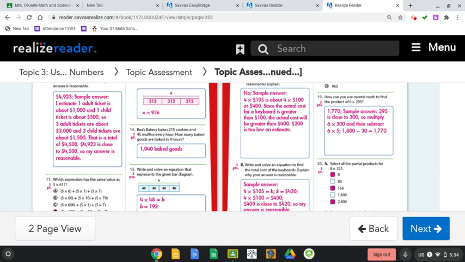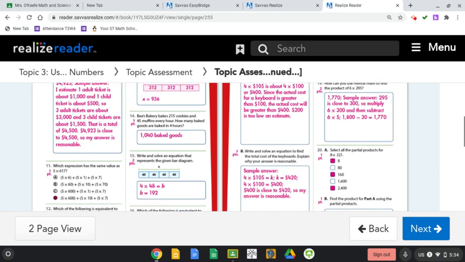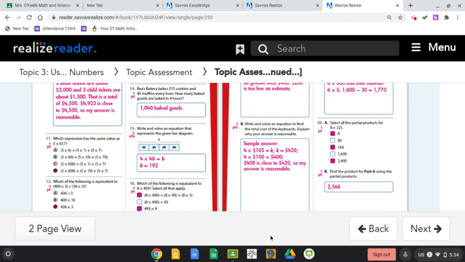Write and solve an equation to find the total cost of the keyboards. Explain. So here, instead of estimating, they actually found the answer. So 4 times 105